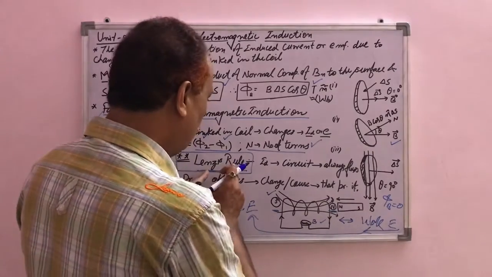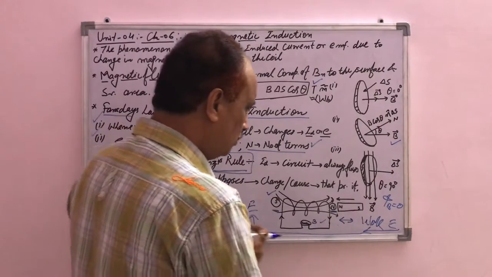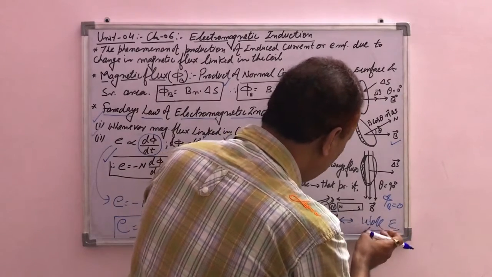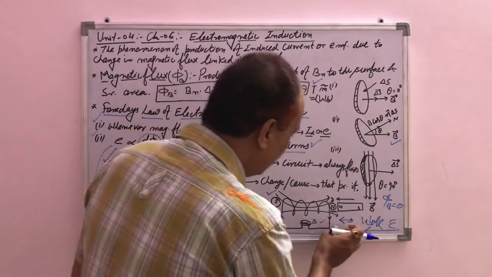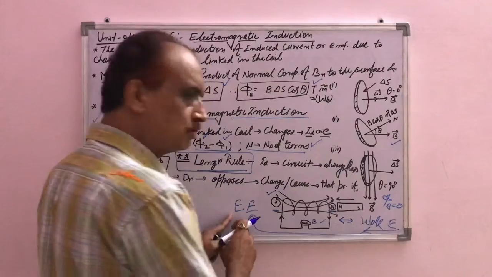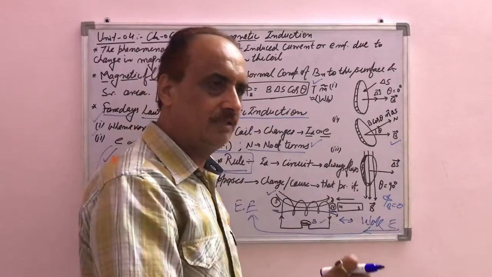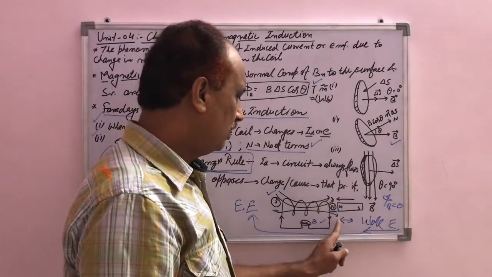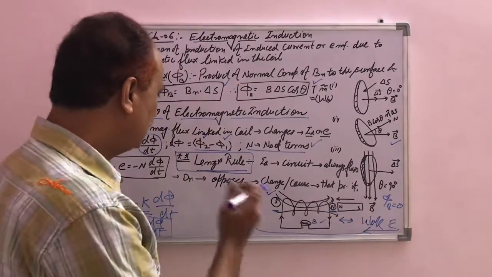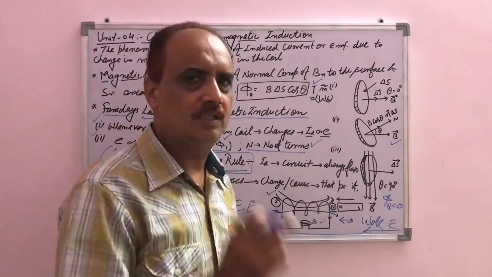So in the Lenz rule, there is a change or cause by which the current is flowing. When we see this in the activity, work energy is used to push the magnet against the force of repulsion, and we can see the appearance of the work energy as electrical energy. So we can say that the work energy is converted into electrical energy due to that opposing force. It means Lenz law is in accordance with the law of conservation of energy.